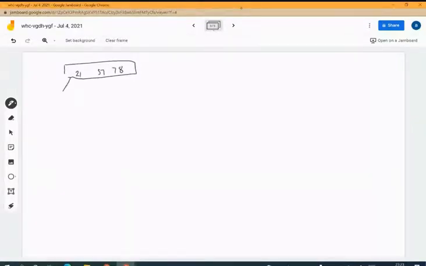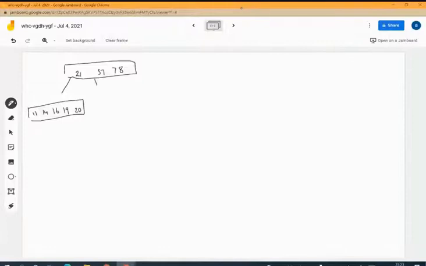Towards the left side, we already have 11, 14, 16 and now 19 has been inserted, and 20 was already there. And here you had 42 and 45. Towards the left of 78, that is the right of 57, we already had 63 and 74. And right of 78, we had 85 and 97.